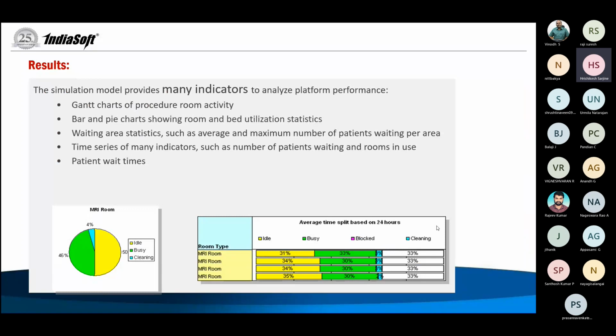Be it a pie chart or a gang chart or a graph, you will get all the results in your desired form. The simulation model has many indicators to analyze platform performance, like gang charts of procedure rooms, bars and pie charts showing rooms and bed utilization, and waiting area statistics such as the average and minimum number of patients waiting per area. These are all the elements we have maximized by using the Witness